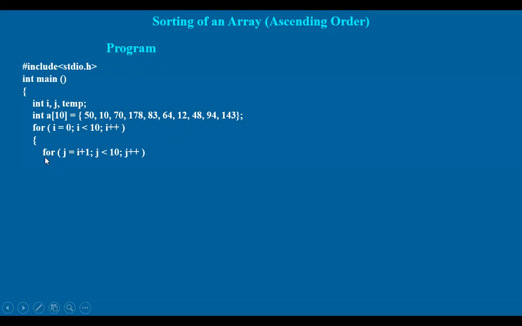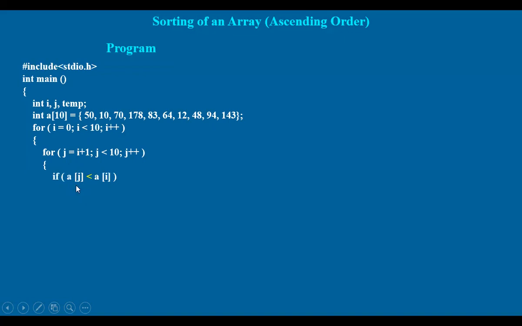So what is happening in this inner loop is we are taking up j as i plus 1. That is, to start with, here the 0th number is taken here, but here 0 plus 1, that is the first number. Okay, the index 1 is taken. That means second number actually. So initially we have taken up this first number and comparing all the remaining 9 numbers. And the logic here is,